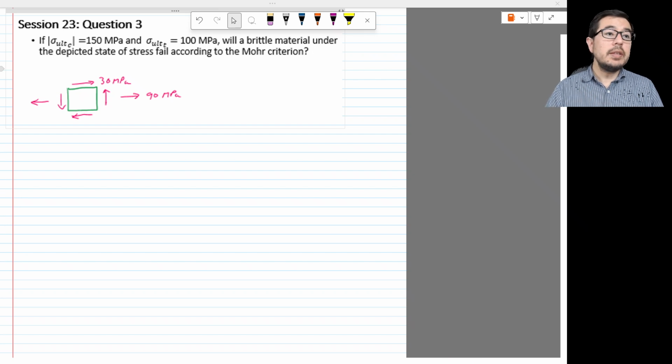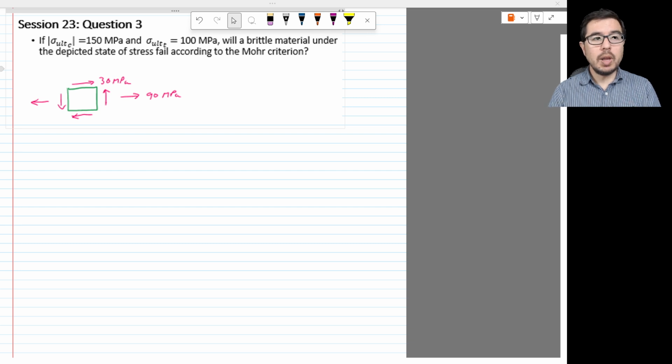This question states: if the absolute value of the ultimate compressive strength equals 150 megapascals and the ultimate value for the tensile strength equals 100 megapascals, will a brittle material under the depicted state of stress fail according to the Mohr criterion? So let's approach this problem by thinking about what the Mohr criterion looks like on